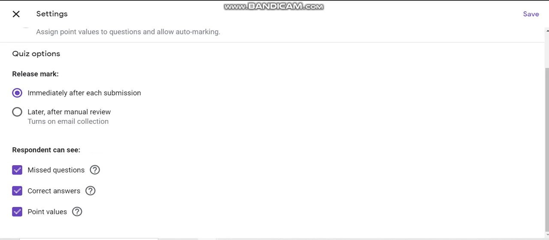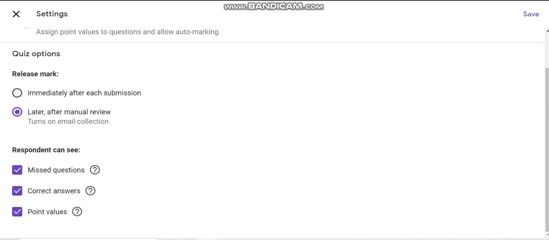And if you want to release the scores later, then also you can do it, which turns on the email collection. That is very important, after clicking on manual review you can go through that. Few options are given: missed questions, correct answers and point values. The respondent can see the missed question, correct answer and point values.